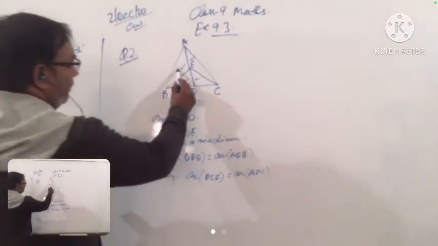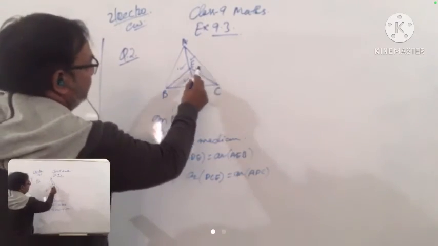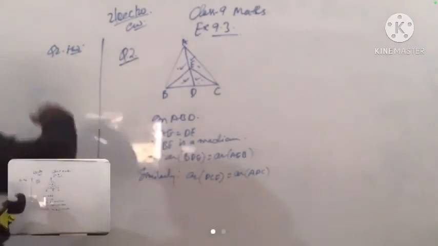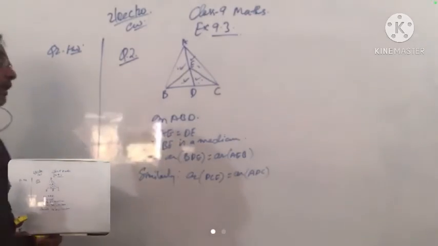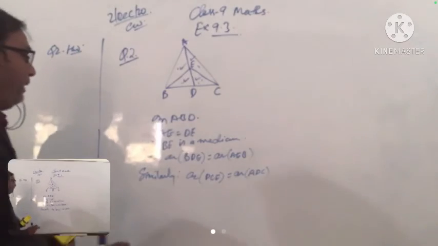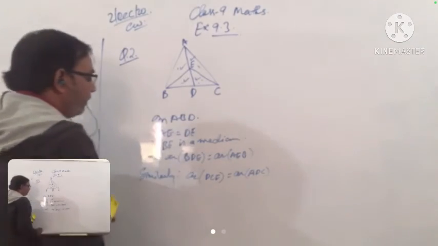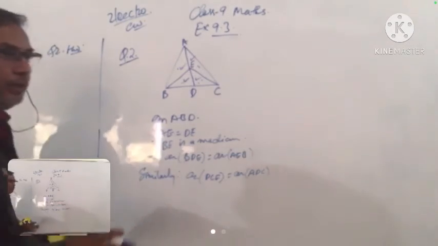Now this is equal to this is equal to this, and now this is equal to this, and this is equal to this. So it means that all the four are equal. All the four are equal. Is there any doubt? If anyone did not understand, please ask. Clear or not? Till here, the question is clear.